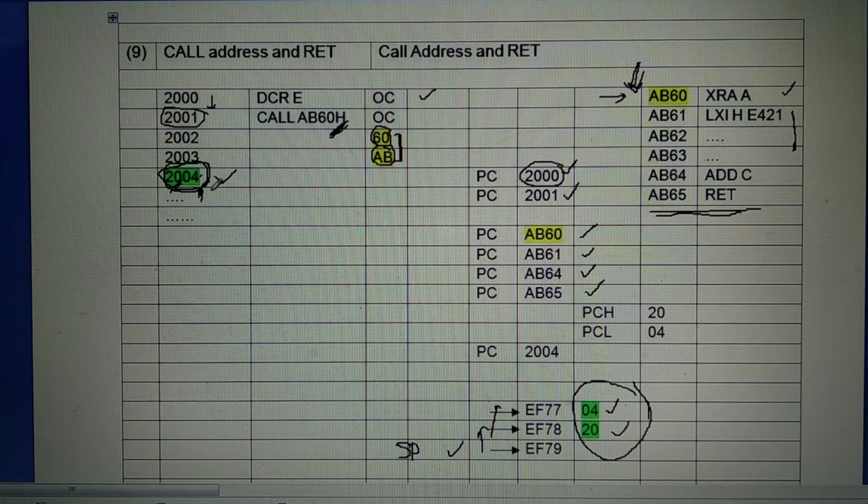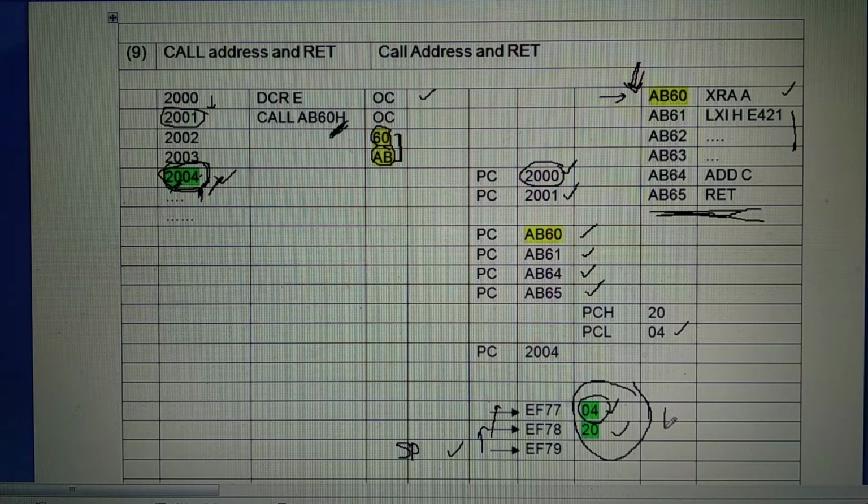Here, that means from this memory location 2004, the program gets executed. How does it get executed? When the return is executed, what happens? Whatever number is present at the memory location given by the stack pointer, memory location EF77, that number goes to the program counter low.